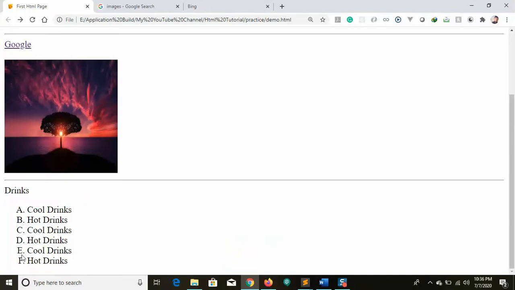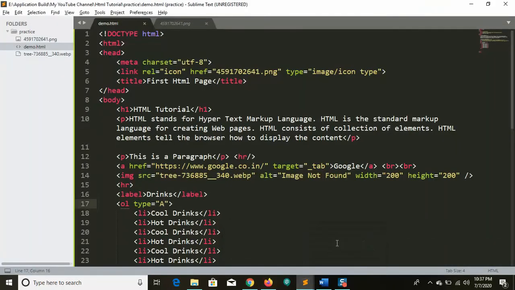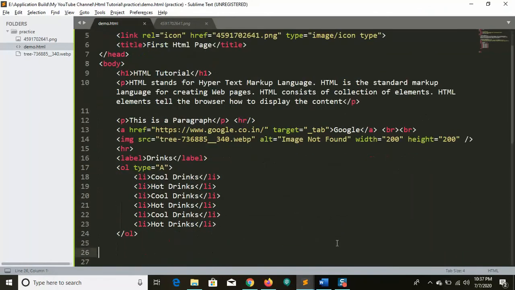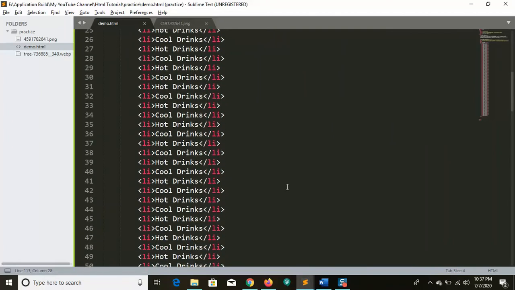You might have a question: if Z has ended, what will be displayed next in the alphabets? Let's see. It will be displayed as AA, AB. Let me copy this item many times so you can know how it is displayed. I have copied and pasted this multiple times.